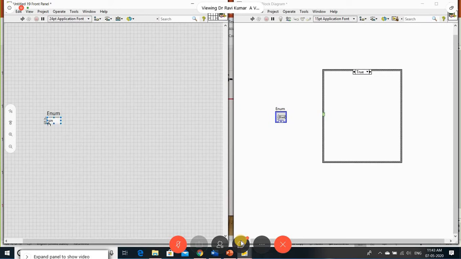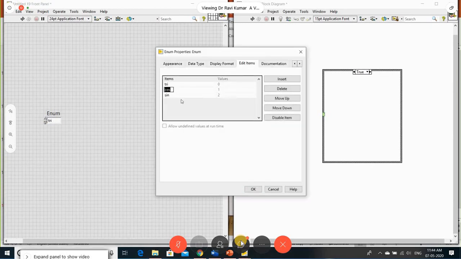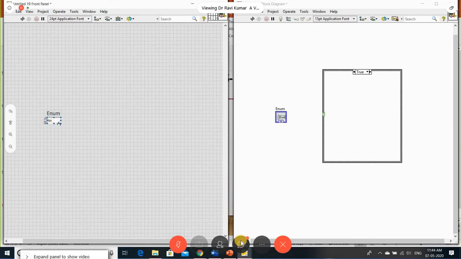Similarly, if I change to cos wave, cos wave has to be generated, or triangular. Likewise, instead of cos, I'm going to do square wave. Okay, sine, square, triangular.